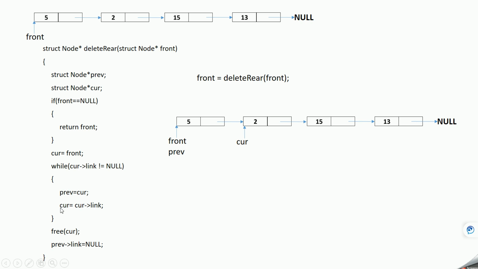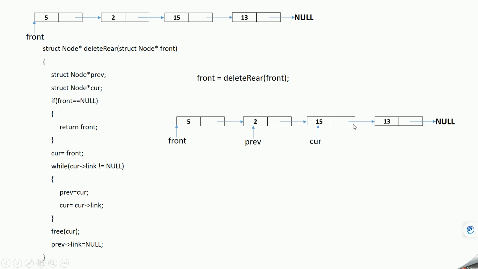Next, again we'll check for the same condition here. Again we'll check whether this current is pointing to another node, that is, its link is not null. In this case also it is pointing to this 15. So again this condition will become true, and this line will get executed. Now again previous will point to this node and current will move to the next node, so it will become here. Again it will come over here, and the same condition will be checked.